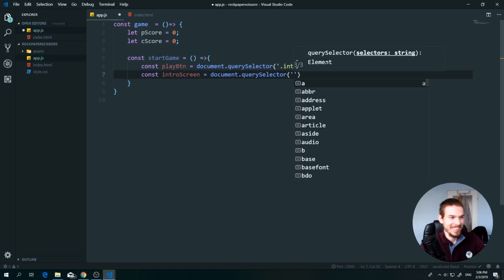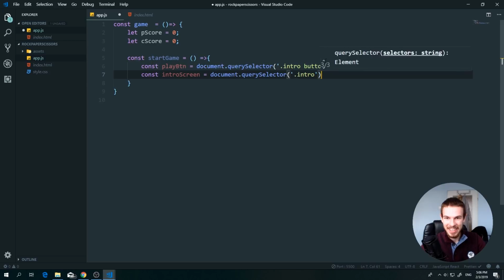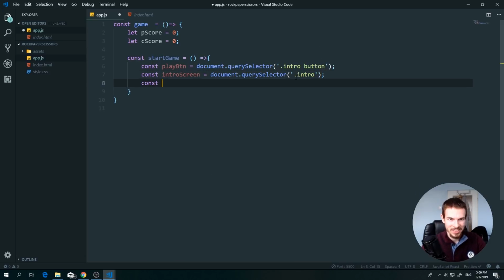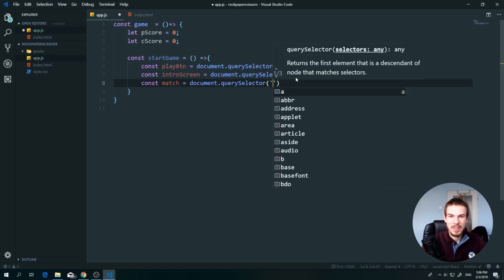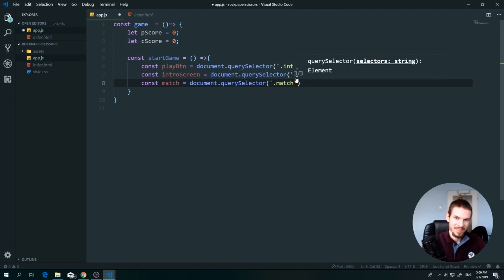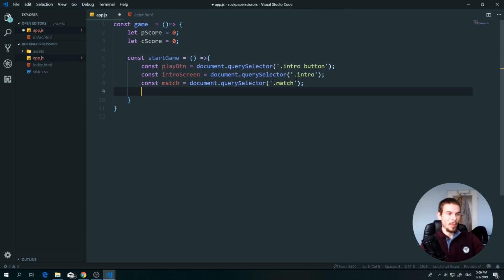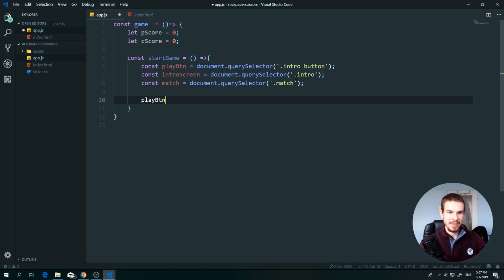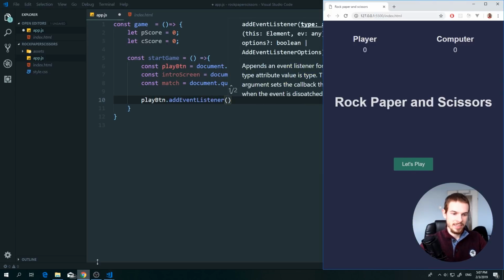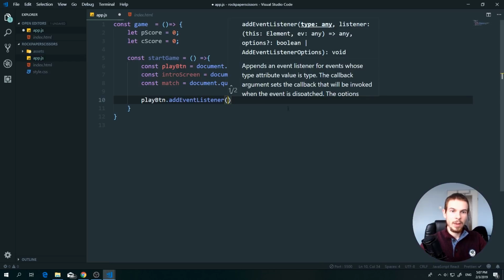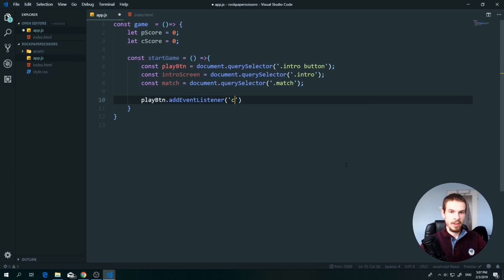I should have turned down the heat. It's just going to be the intro, okay? So the whole thing, the whole page. And also the match screen, it's going to be document.querySelector, and this one is going to be the match, okay? Perfect. So what we need to do is on play button dot add event listener. So every time we click on the let's play, we are going to run something in here. So every time we click,